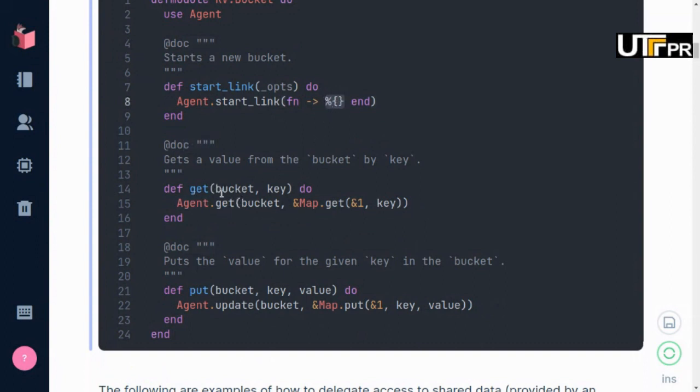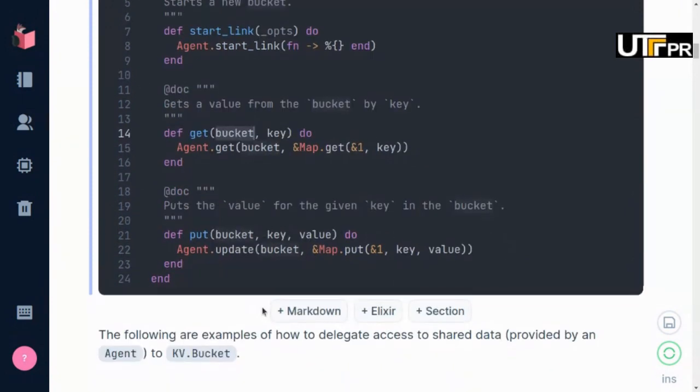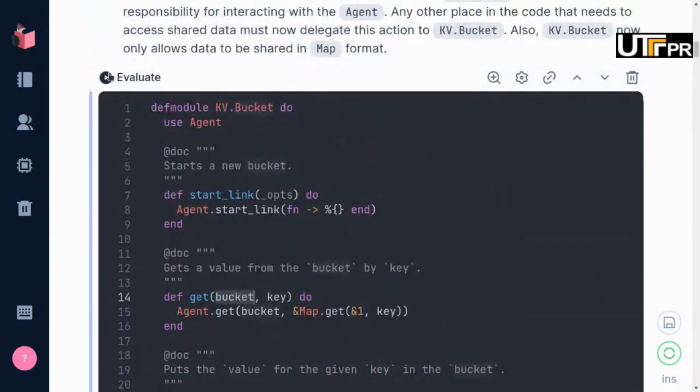And then when you put something, you put a key and a value, and you put it in the bucket. What's the bucket? Agent update bucket. Oh, bucket is the ID of the process. And that's it. You can evaluate,